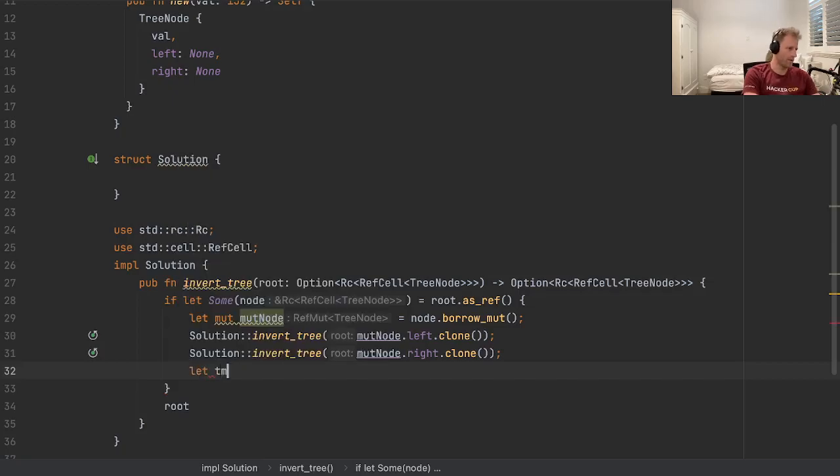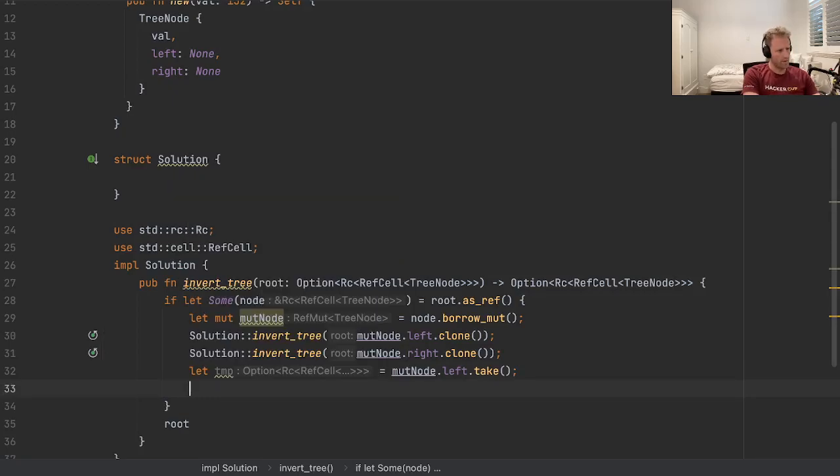We can use a temp variable equal dot left dot take, and that'll just replace the left side with the default value, and then we can assign the right side to left, and then we can assign the temp